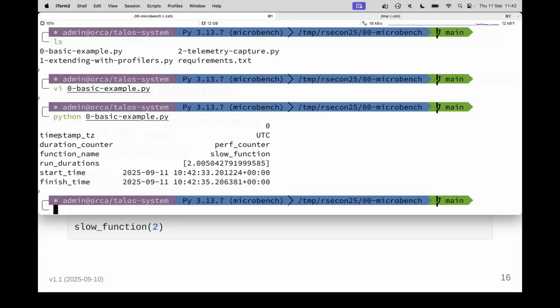So this gives us the metadata from the job run. In this case, we just use a very minimal set. The timestamps are in the UTC time zone. For the duration counter, we use the perf counter. So in Python, you can use different duration counters. This one supports microsecond resolution. There's one called perf counter NS for nanosecond resolution. And the other one that might be useful is one that's monotonic, which is typically recommended where you want the most accurate timings. Then there's the function name that was called and the run duration, so it took just over 2 seconds,